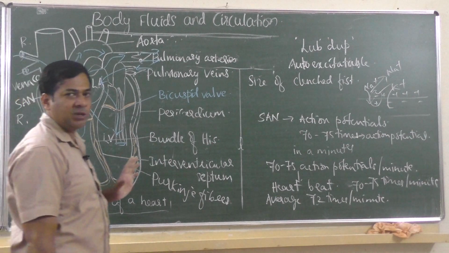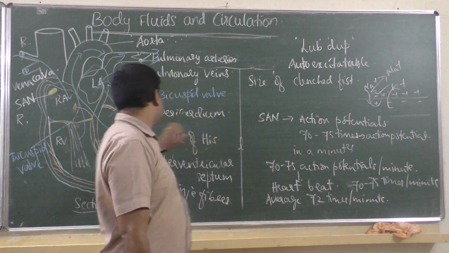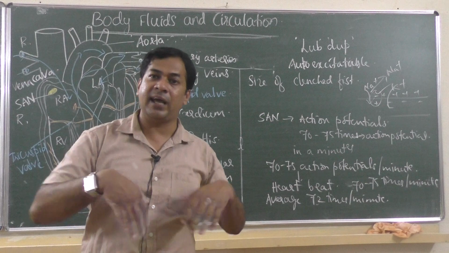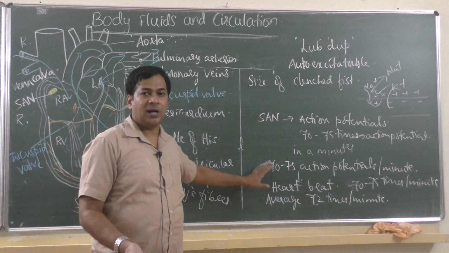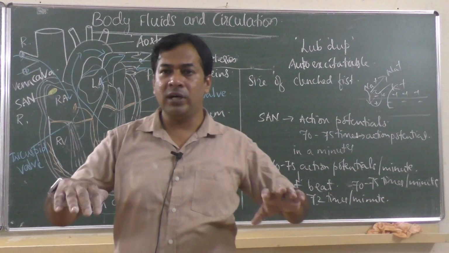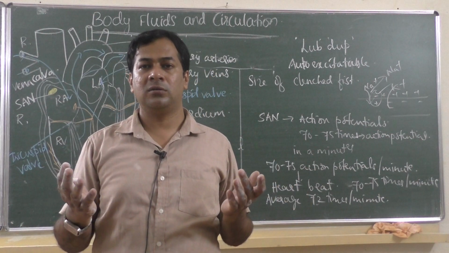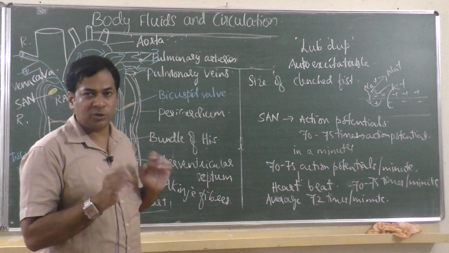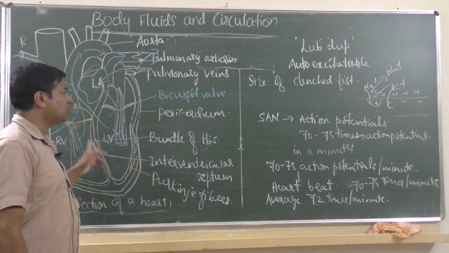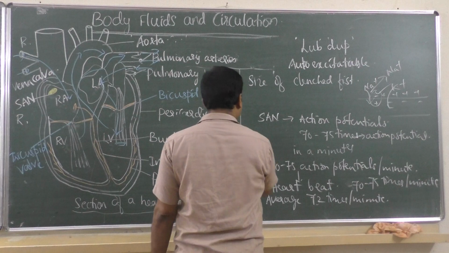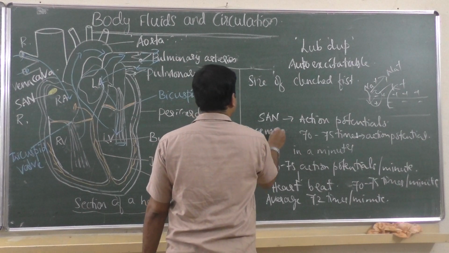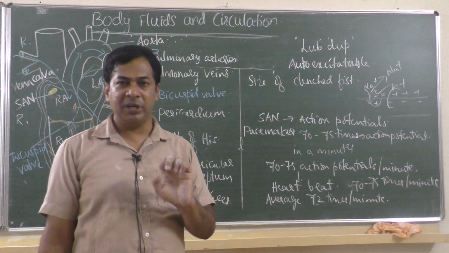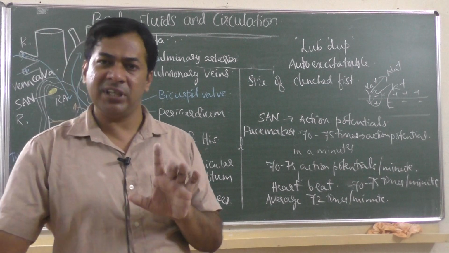What controls the heartbeat is the SAN, the sinoatrial node, by generating signals on its own, by generating the action potentials required for the heartbeat. That is, it is creating its own neural signal. It is sending a signal for the heart to beat. So SAN is also called the pacemaker. Pace means maintaining the same speed of heartbeat. Every minute the heartbeat is 72 times only.